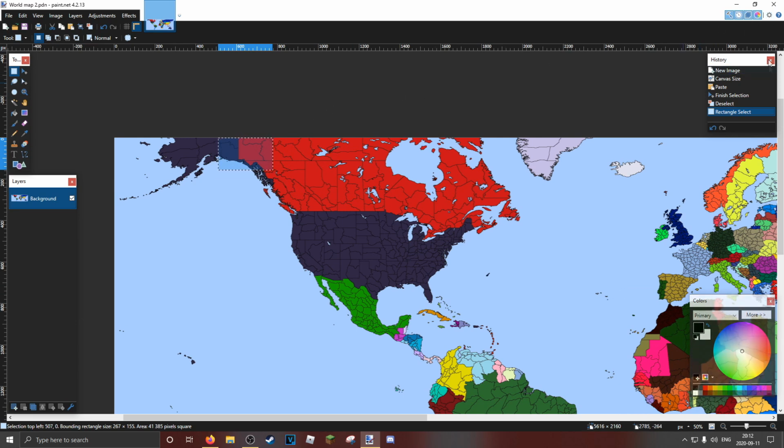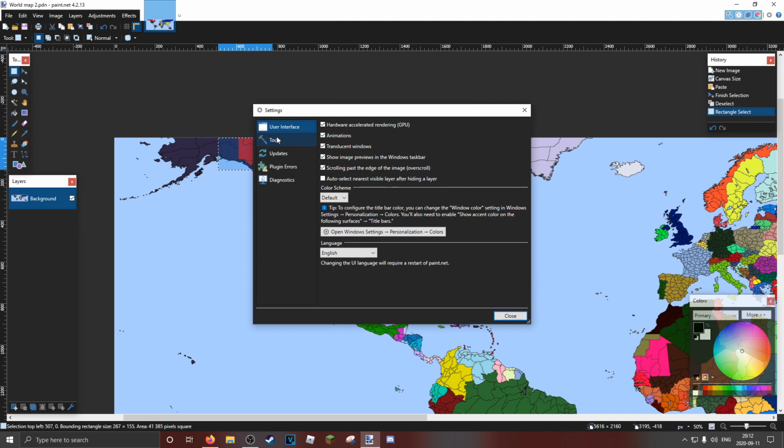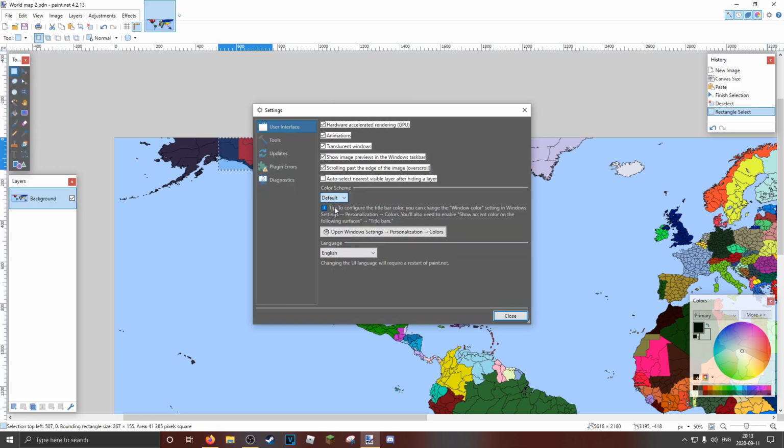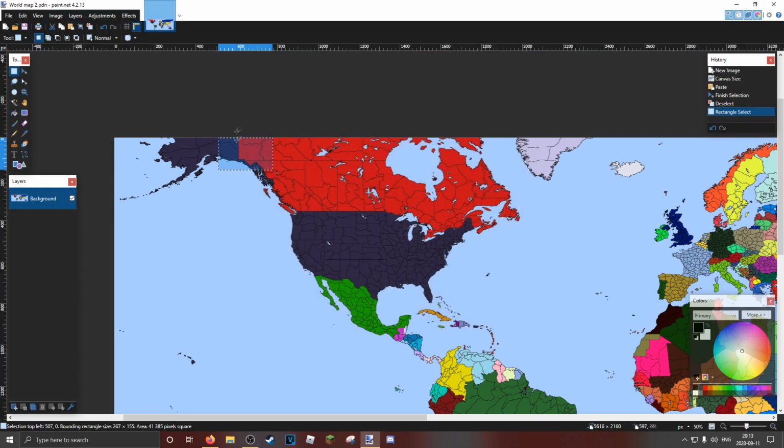If you want to be in dark mode like me, you go into settings, it opens up, and you can use the user interface. I don't really remember where it is. I think it's color scheme. Dark. Light. I have it at default as dark. Anyways, so I'm going to use the